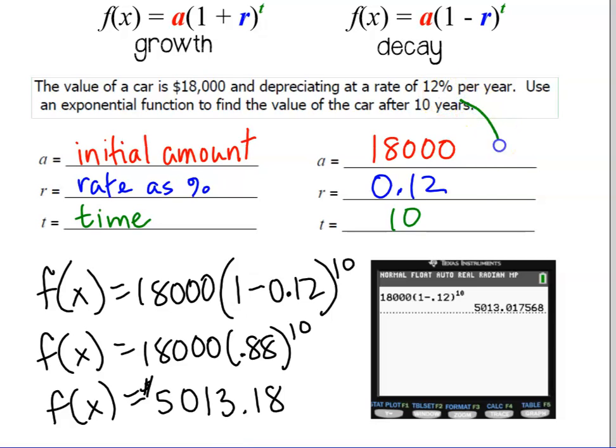Now notice I wrote my 12% in decimal form. And notice here, I can either leave it as a mathematical sentence, or I can simplify it down to 0.88. I didn't want to make any math mistakes, so in my calculator, I typed it exactly like the formula started. 18,000 depreciates at 12% per year. That means that the value of this car after 10 years is going to be only $5,013 and approximately,